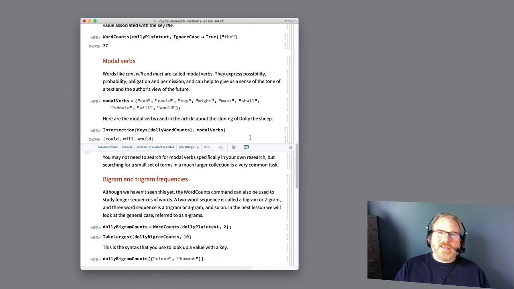that article. Now, you may or may not be interested in modal verbs specifically, but any list of terms, whether they're search terms that you're interested in, or classes of terms like names of months or days of the week, or particular holidays or particular sporting teams or businesses, whatever, if you've got a list of items that you're interested in, you can use intersection with the words that appear in a particular text to see if those items appear